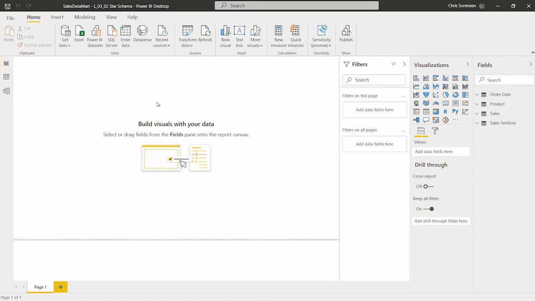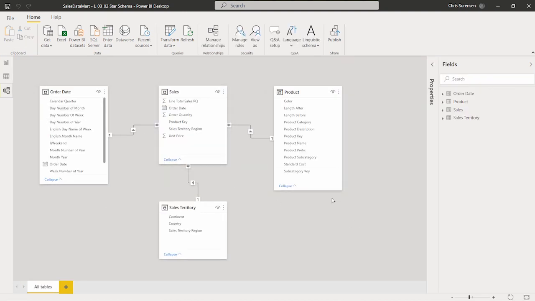Okay, so the desktop file is now open. So I'm going to go down to my model view here. And here is the star schema. So in the middle, we have our sales table. We have our order date dimension, our sales territory dimension,